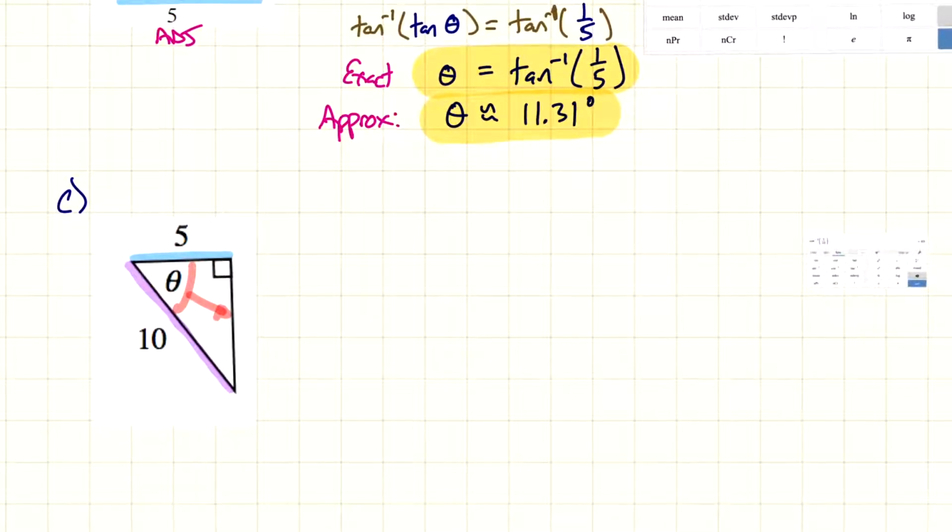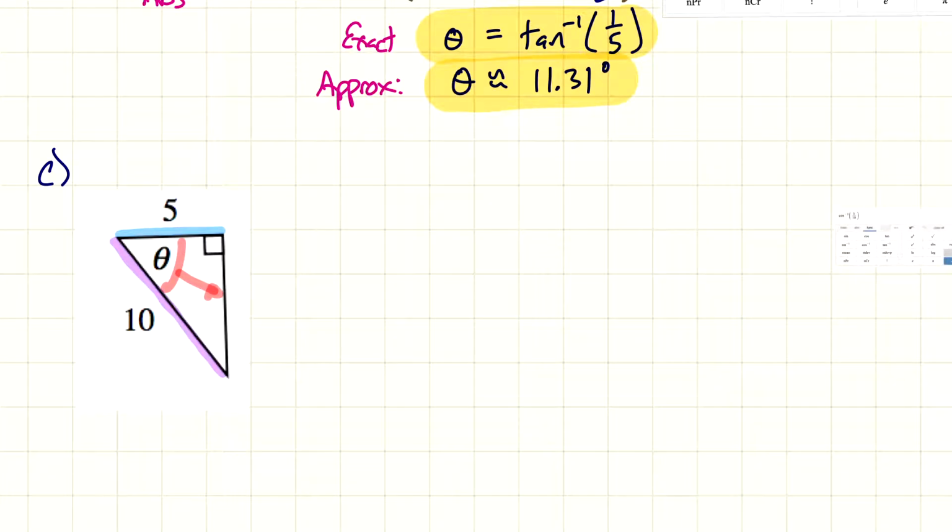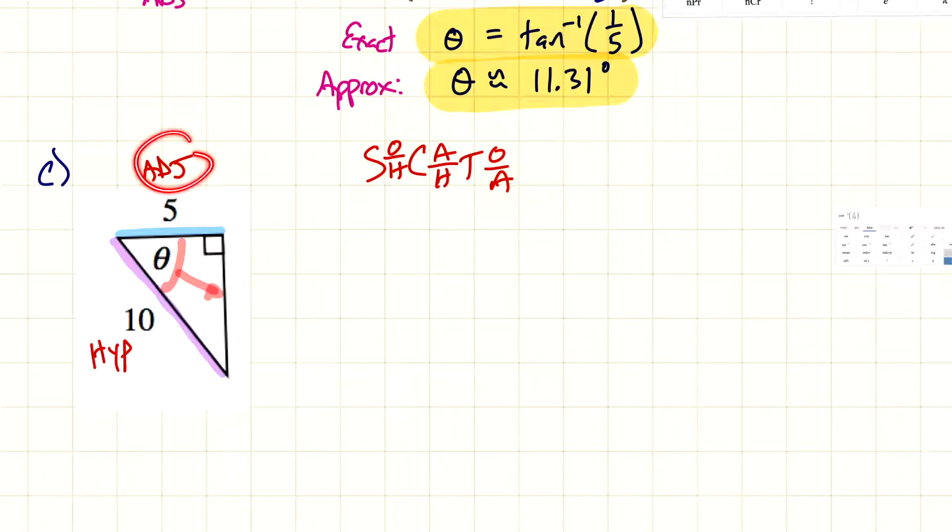And so the last one, we have different sides given to us on this one. Opposite is over here, which is not given to us, but we do have our adjacent, and we do have our hypotenuse. All right, so again, if we're trying to decide which trig ratio, so TOA, right? Notice if it's not near me, I just rewrite it. If it's not close to my notes, it's a little bit easier to see in front of me. So adjacent and hypotenuse,